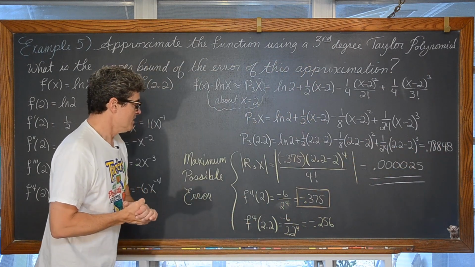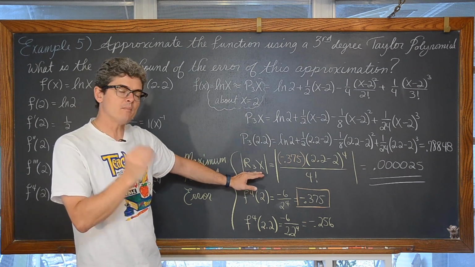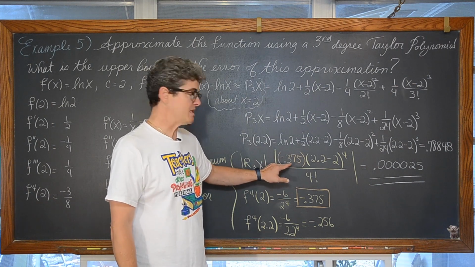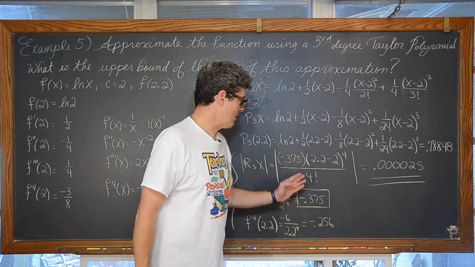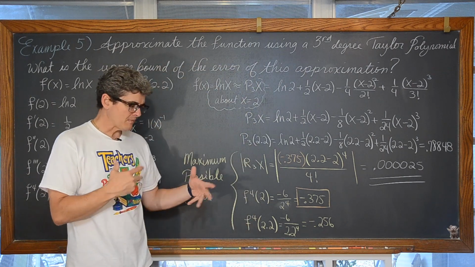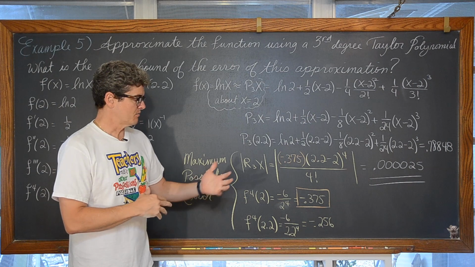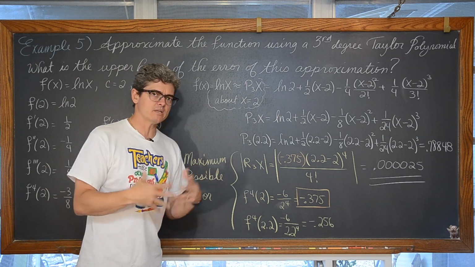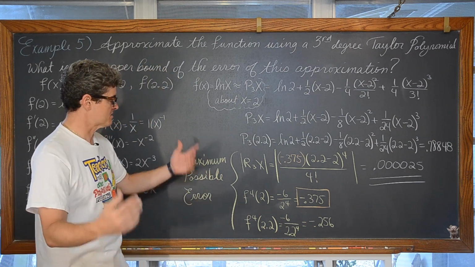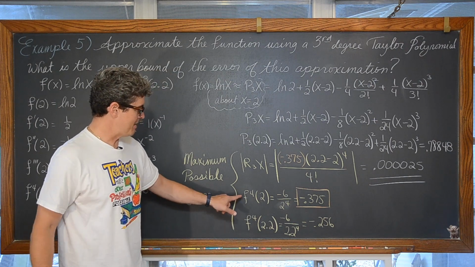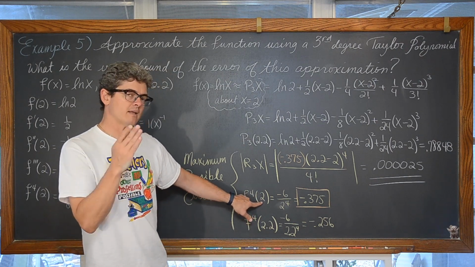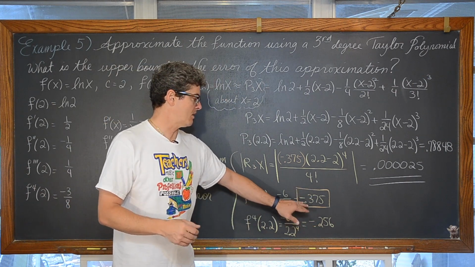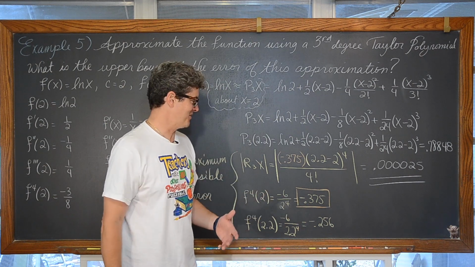Now, again, thinking of the idea that this is all approximation, at a maximum, how far off is this estimation? The remainder from this third-degree Taylor polynomial is the fourth derivative of z times x minus c to the fourth power over 4 factorial. And in this case, we don't have that function bouncing back and forth between just -1 and 1 and having an easy maximum value to pick, and the natural log function's not alternating. I'm using that fourth derivative, and I'm checking the fourth derivative at the endpoints of our interval at 2 and at 2.2.